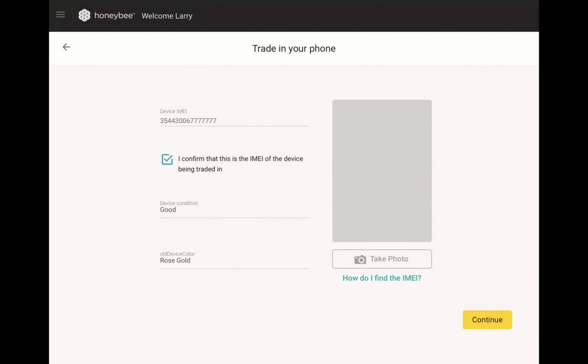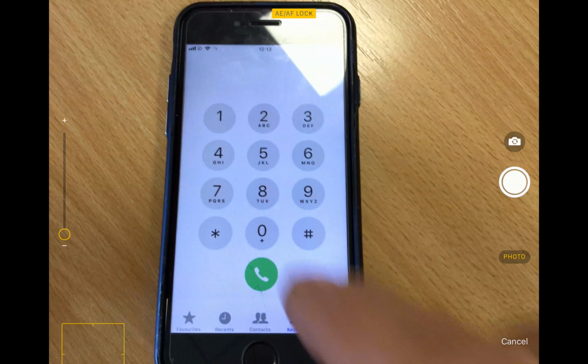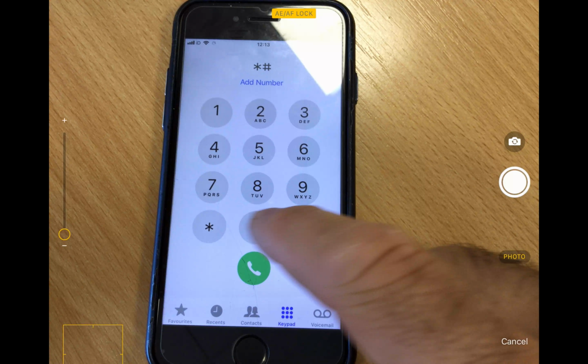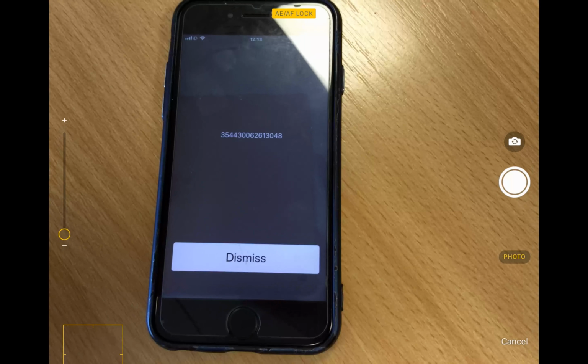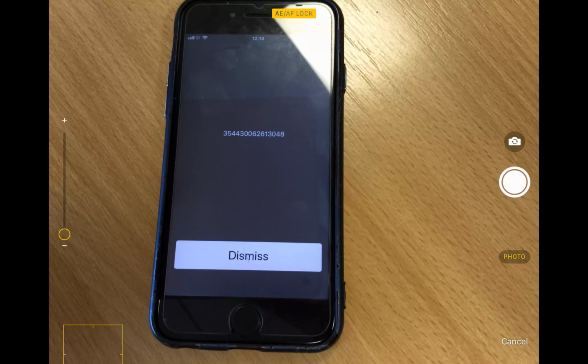on something like a trade-in, because what it does is it enables me to do things like actually check that the condition of the phone is good. So if I pick take photo, I can now do *#06#, shows me the IMEI of the device. I can take that as a photo. So if I'm now trading in,